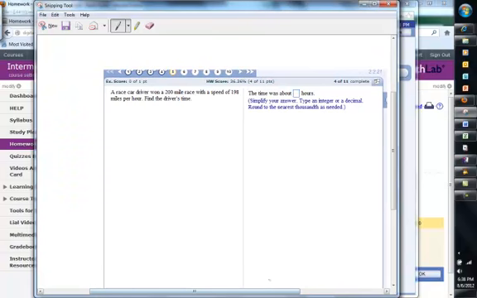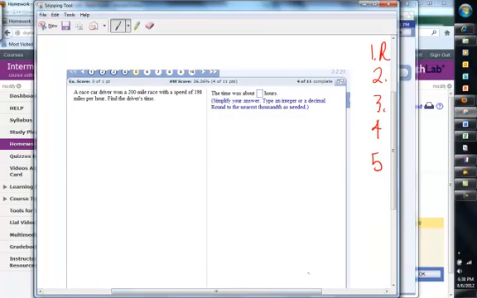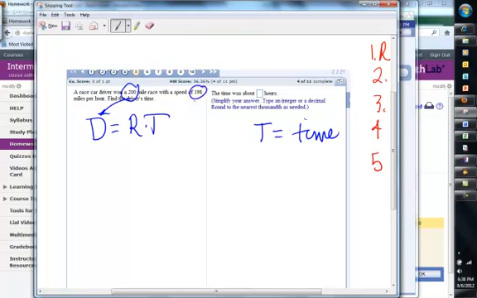So let's look at this one. A race car driver won a 200-mile race with a speed of 198 miles per hour. Find the driver's time. So T equals time. Now, we need to know a formula that isn't in the problem, and that formula is distance is rate times time. Well, here's our distance. Here's our rate. So we can substitute in